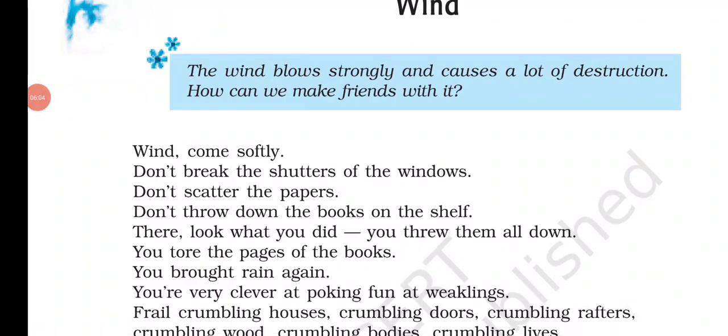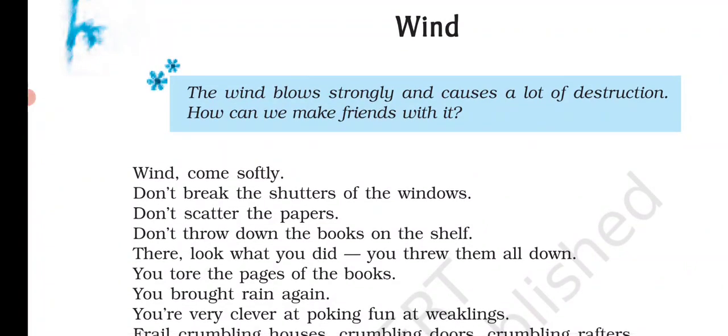Now we will discuss the value points. So the poem, The Wind, the poet is talking to the wind, and what he literally wants to convey is that one should be strong in mind and in body, because wind means storm, difficulties and challenges, and you can only conquer them when you face them in your life. So you should face your problems boldly and stay firm in difficulties, because